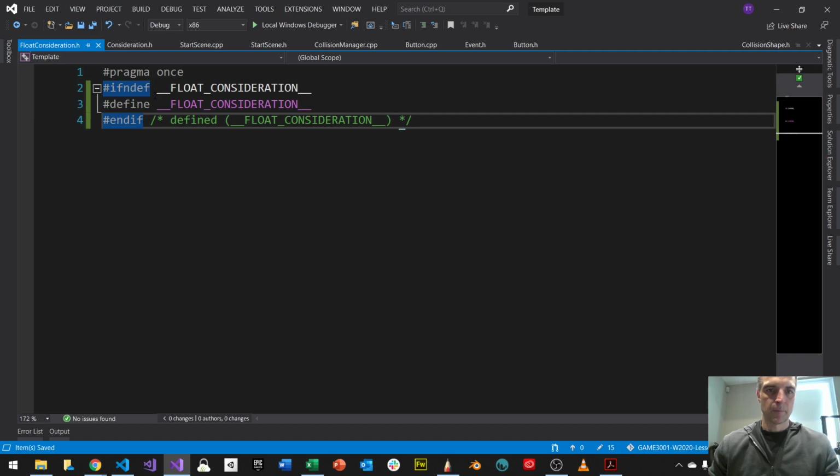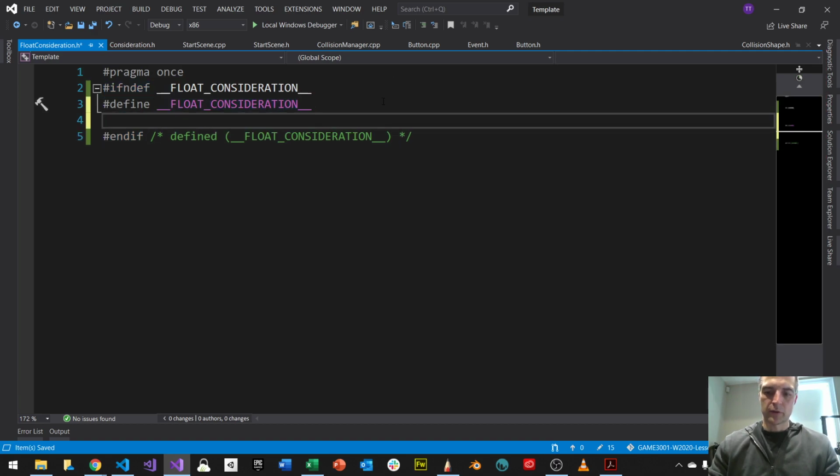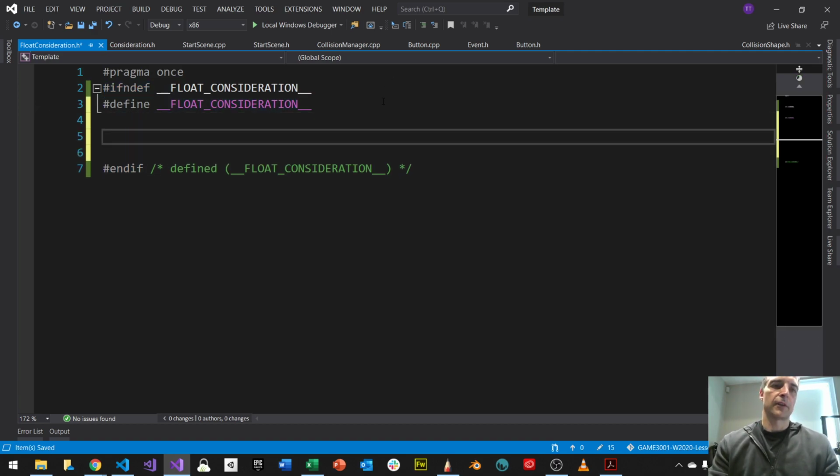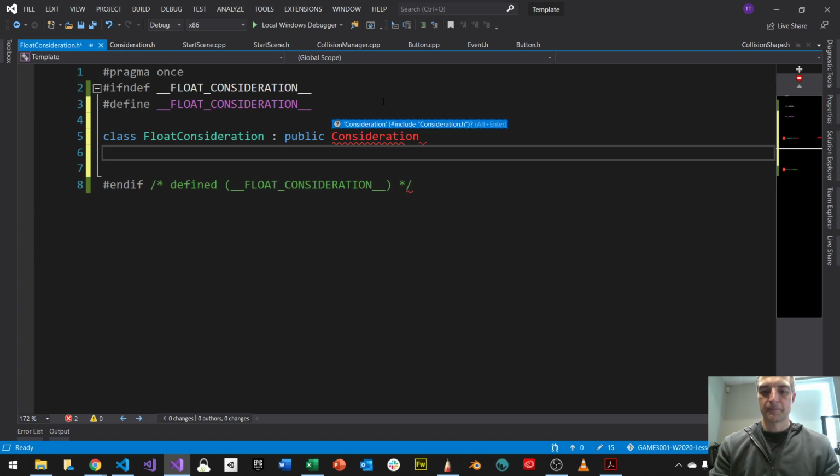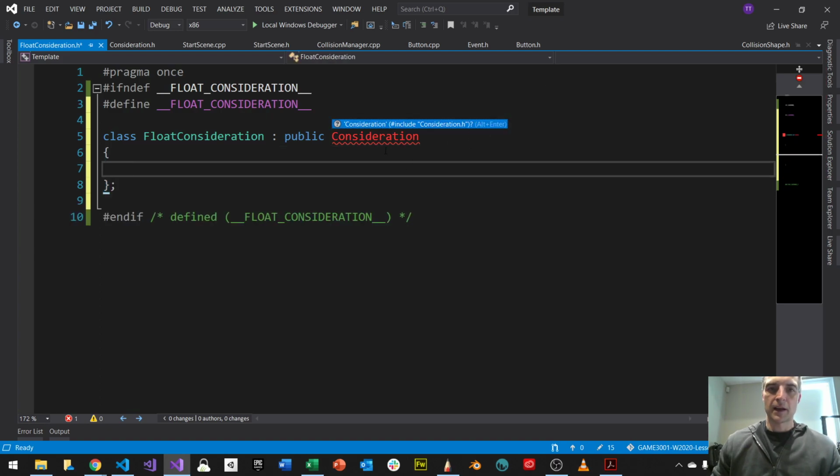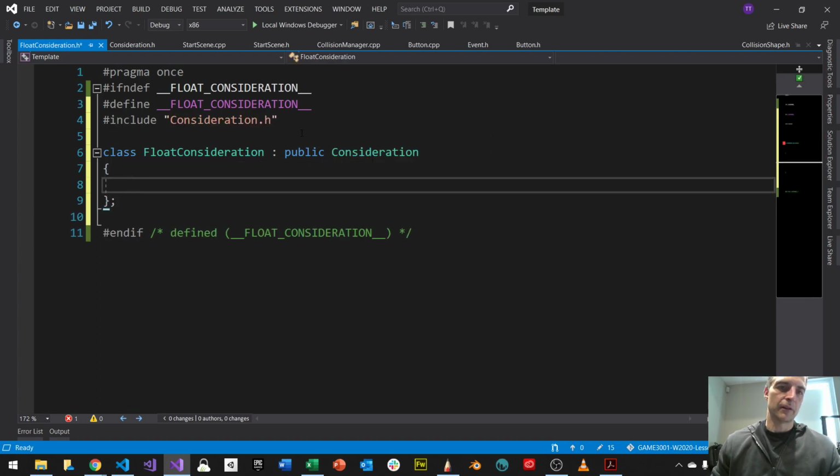Okay, and this one, of course, is going to inherit from consideration. So I'm going to say class float consideration extends a public consideration superclass. And you can see that it says, hey, include it. I will. Here's my consideration superclass that it includes. So float consideration